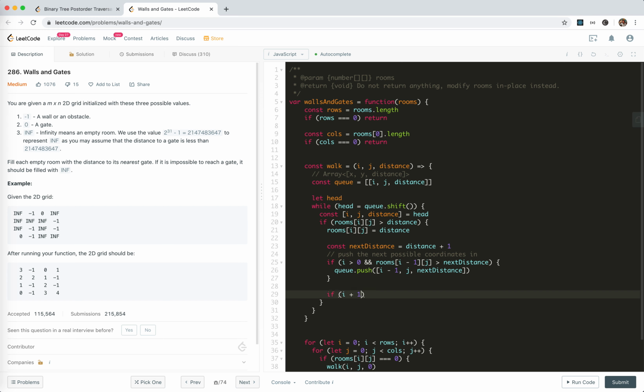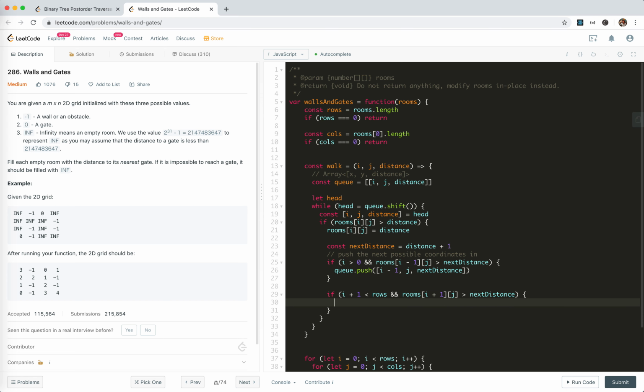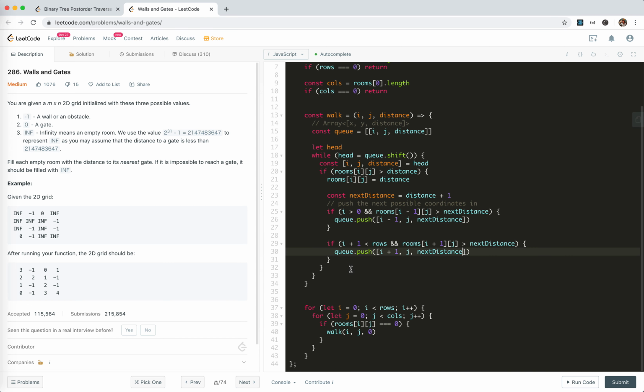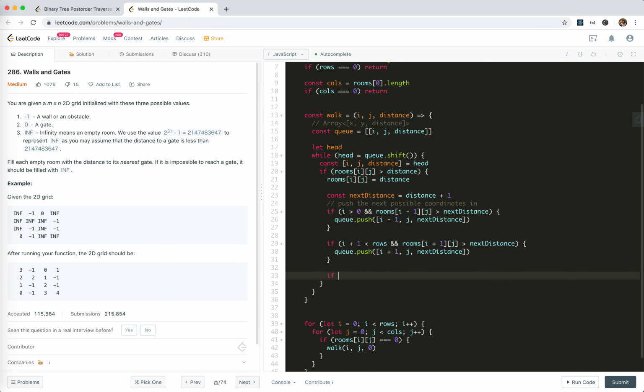If i plus 1 is smaller than rows, if j is bigger than 0,